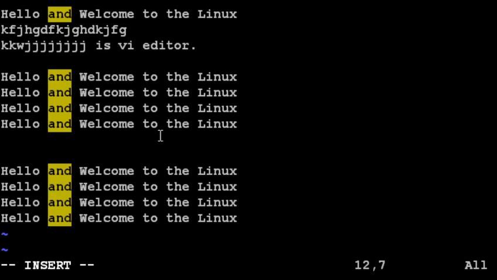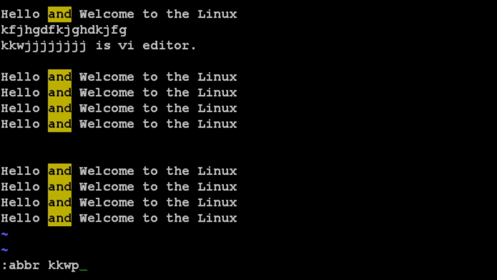Now the next part is how to set abbreviation. To set the abbreviation you need to press escape, colon, ABBR. First of all you have to write the abbreviation.